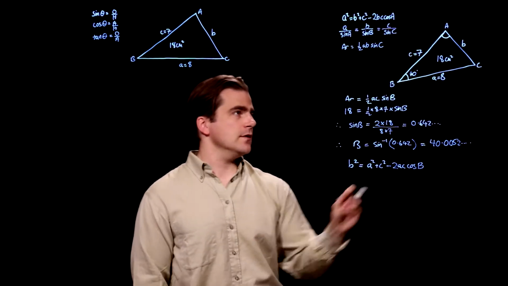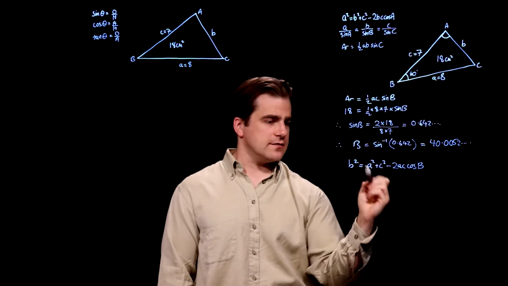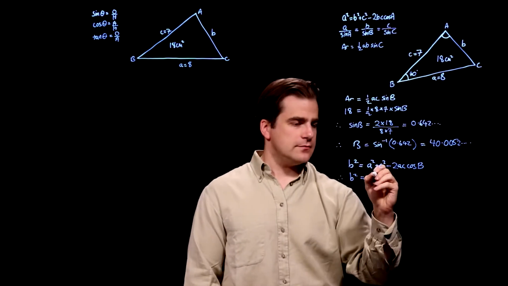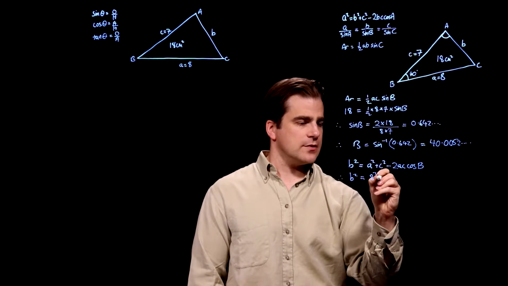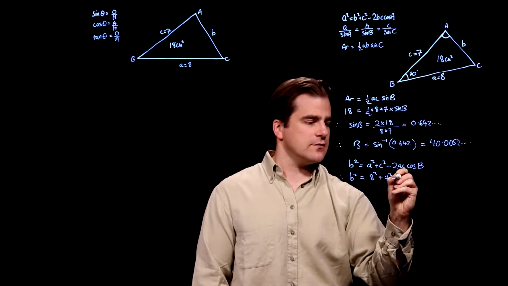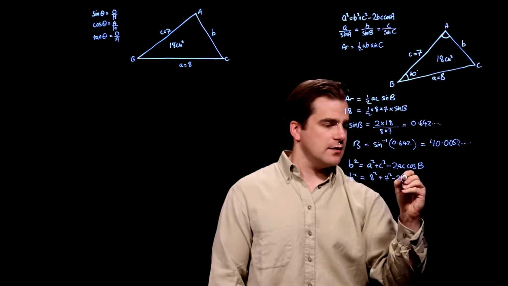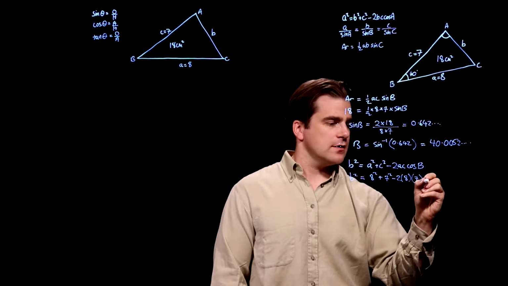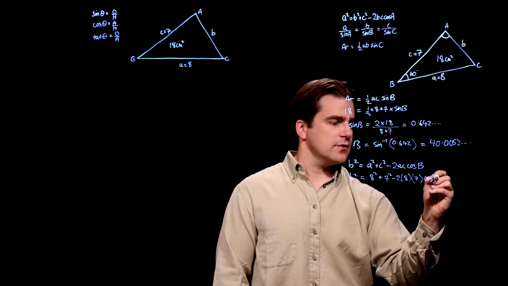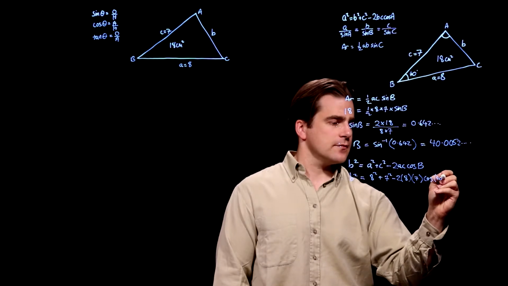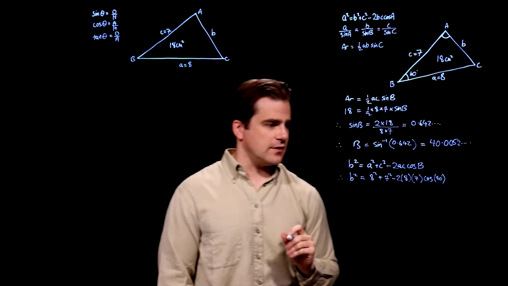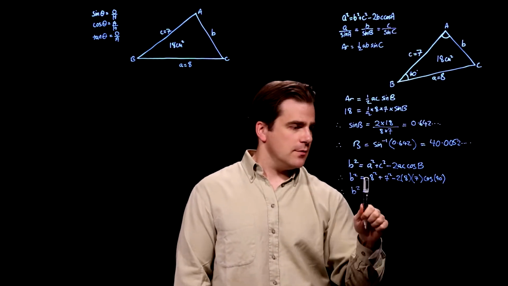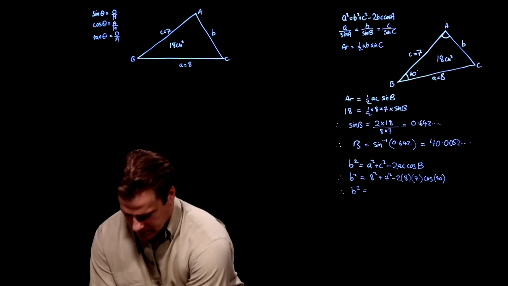Right, we're going to work out b because we know all of this. So b squared equals 8 squared plus c squared is 7 squared minus 2, use brackets when substituting, 2 times 8 times 7 cos 40. But again, we're going to use that value, the exact value. Therefore, b squared equals, put all that in your calculator and you get,